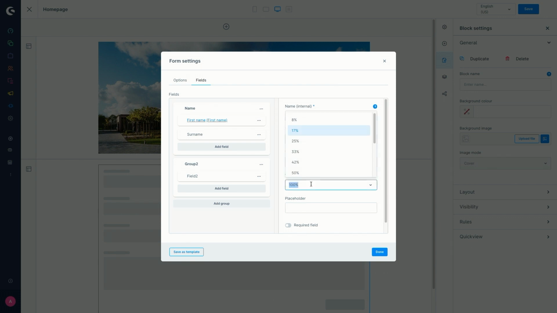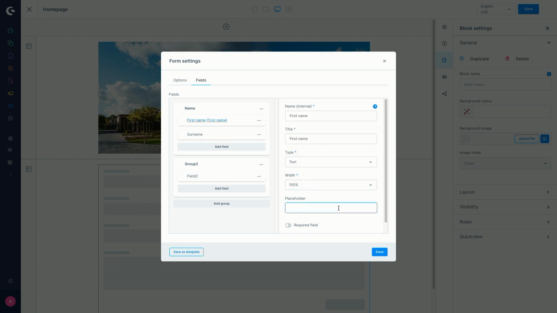We can select the different widths. So here you define how wide a field should be. If two subsequent fields together use a maximum of 100% of the width, they are displayed next to each other in the form. So this is useful, for example, if information is not to be entered in two fields, but the content belongs together, for example, street name or house numbers.